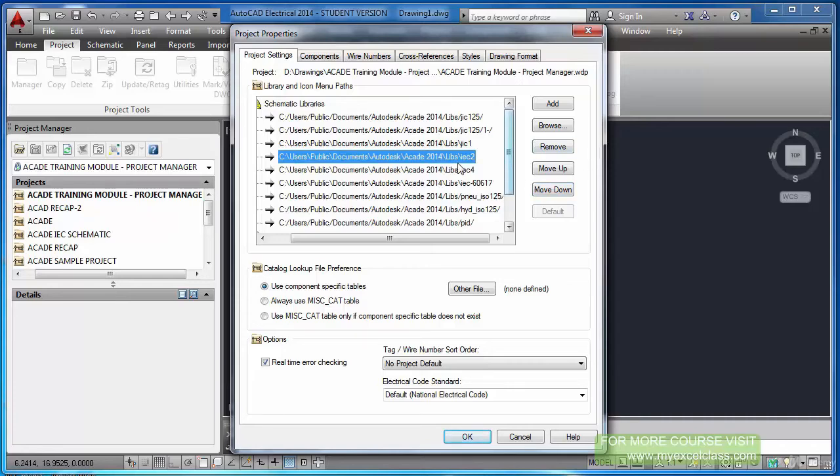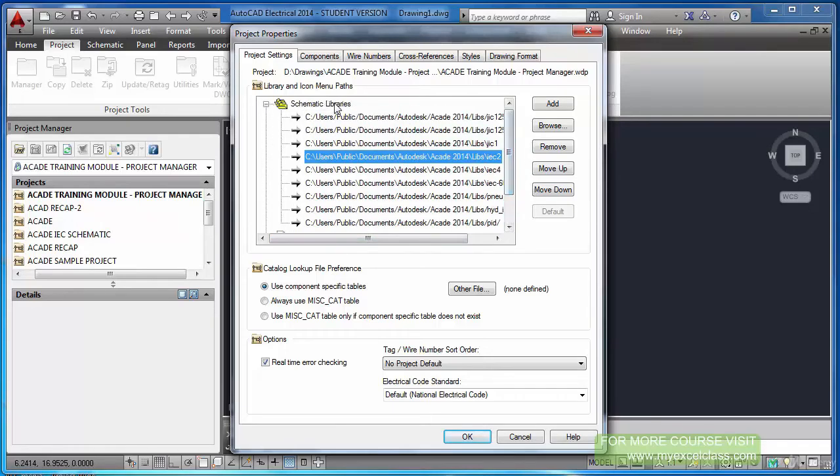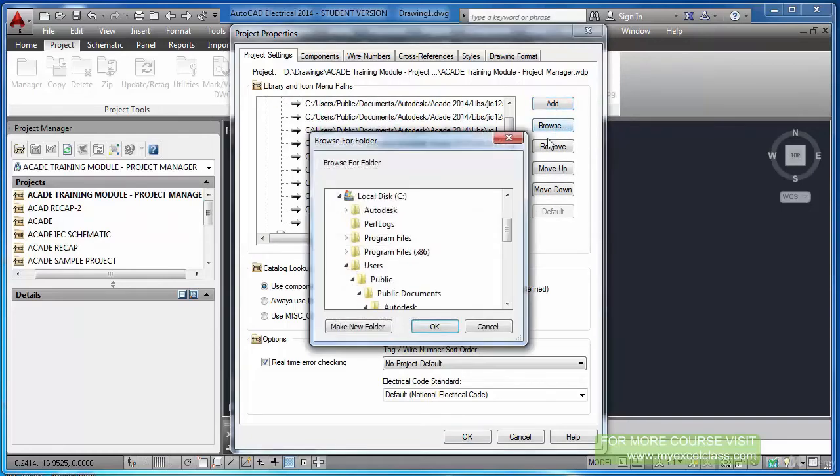If you don't find something here, of course you can add. You can add those paths here. Add, see, this option comes. Then browse, go to the folder where your library files are. Normally this will be in this path only: C, user, public, documents. In fact you can make your own library and set it here, but initially you may not be able to do that. Once you become a master of this art, you can of course do a lot of settings here.